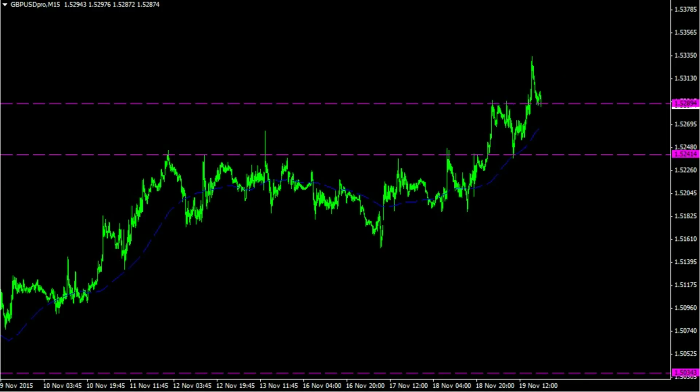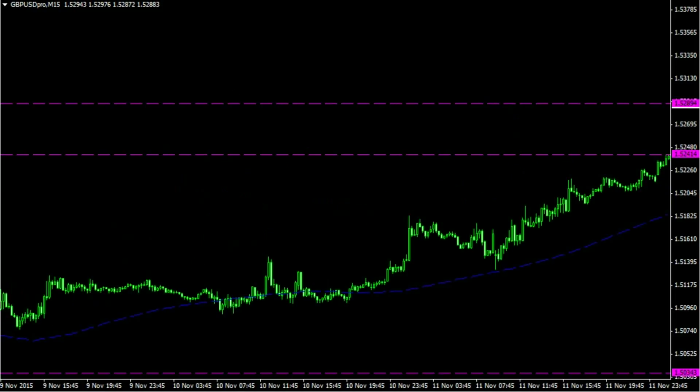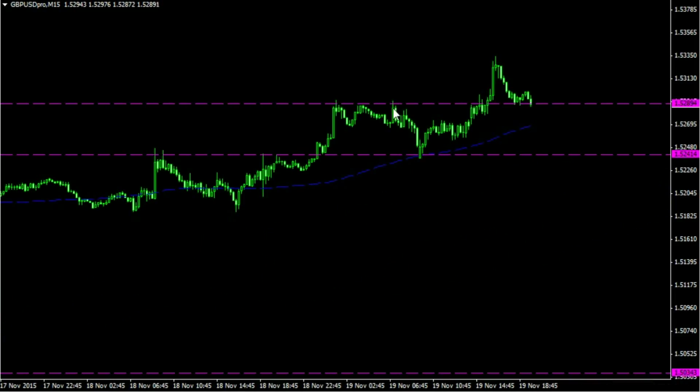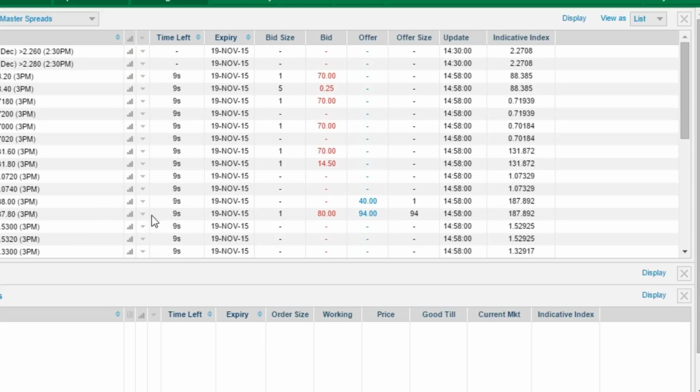So what we're going to do at this point is zoom in on our charts so we can get a little better visual. And we can already see that the rejection is starting. So we're just going to hop on our Nadex platform, and we're going to find the binary GBP,